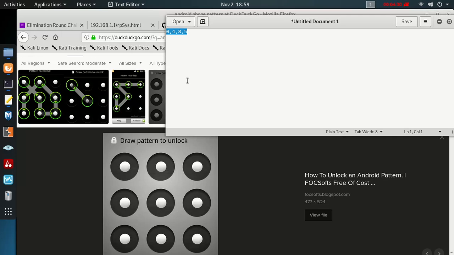So to produce, I think it's a SHA-1 if I'm not mistaken, to produce that hash value, and then it stores that hash value. That's like the security measure they implemented. But this security measure is not sufficient because you have a minimum of at least 4 points that you have to mark out when you're putting in your pattern, and then you have a maximum of 8, sorry,